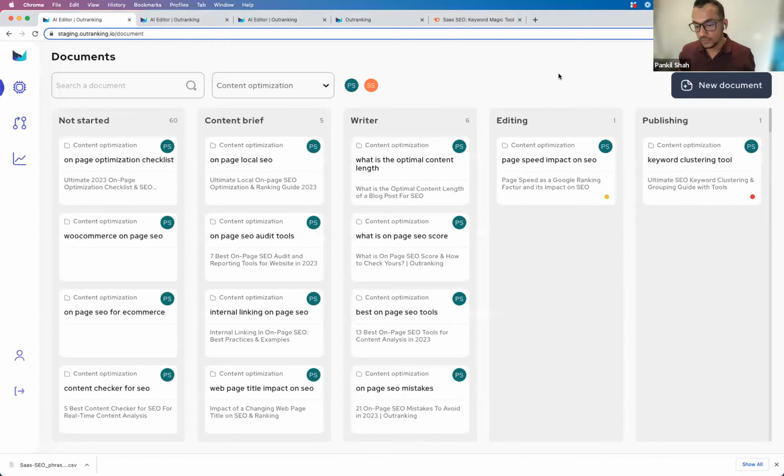In the card view, you can manage all your documents within a particular folder. So if I am currently working in the content optimization folder, it will automatically load that. It saves based on what I have done.